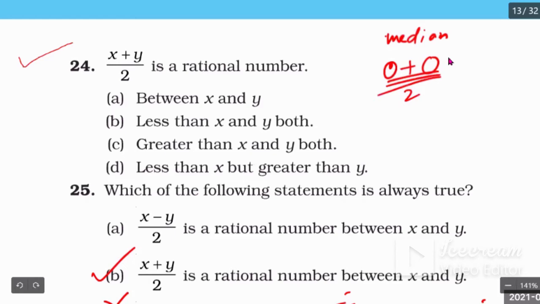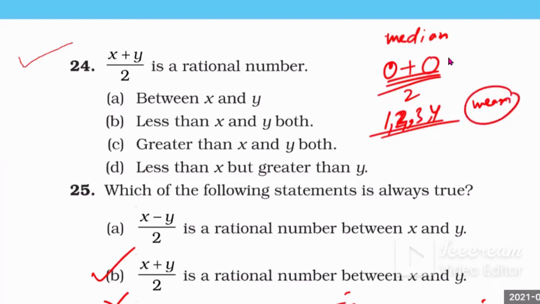You remember in median, 1, 2, 3, 4. How do you find the median of this data? How can you find the median of these 4 data? Anyone? Add. Yes? First add these 4 and divide by 4. No. That is not median. That is mean. You all forgot. That is called mean. I am asking median. Sir, we should arrange in ascending order and take the middle number. Yes. So how can you take the middle of this? You have 4 data. In the middle you will get 2 numbers, 2 and 3.